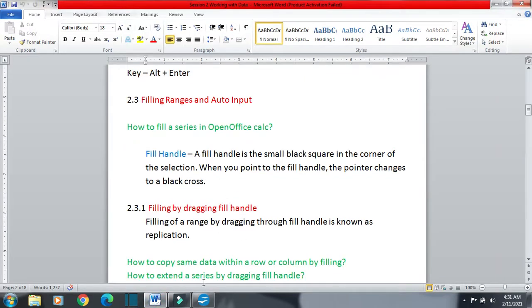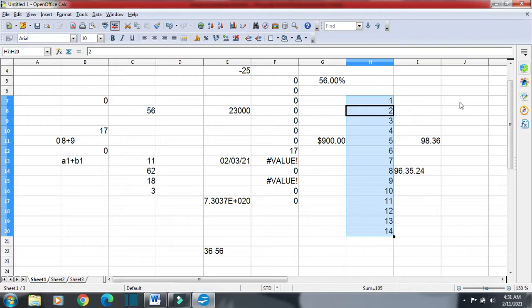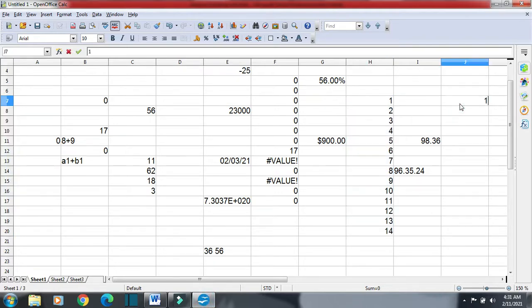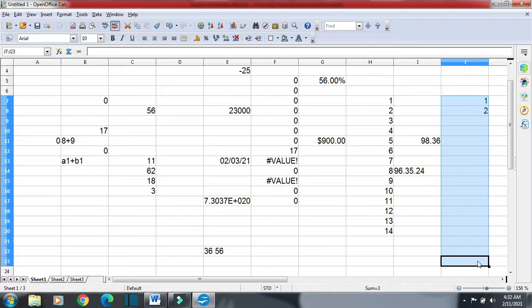One more option we have to fill the series. Suppose I write this series 1, then 2 like this, and then I select the whole range into which I want to fill the series.